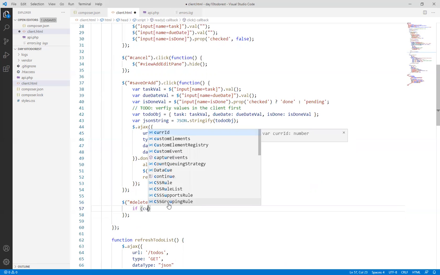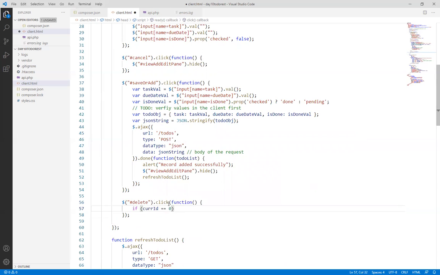So I'll say, if current ID is a 0, then return. Right, means we're not modifying, we're probably adding, so we won't do anything. Now the delete button should be disabled anyway, but just in case it wasn't, we can't delete item 0 anyway,